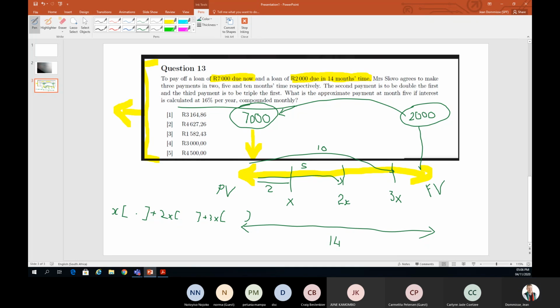So you just need to decide: am I going to go with a present value, or a future value? For me, the future value is normally easier. So I will work out your total future value. Then you know that these payments need to end up being equal to that total future value.